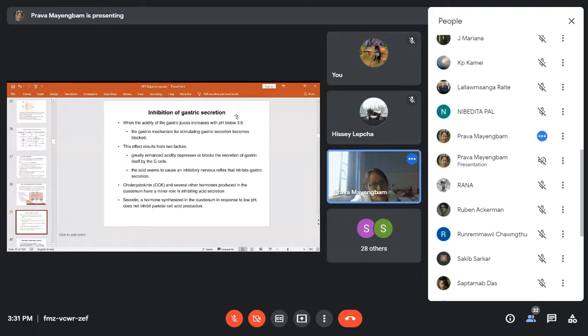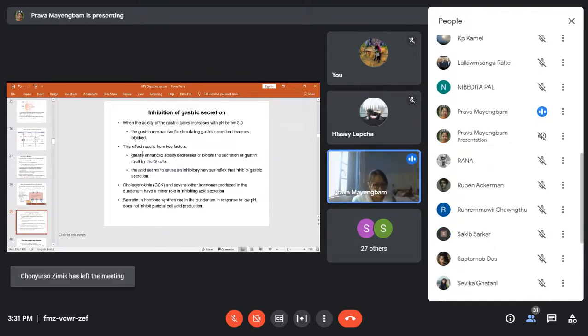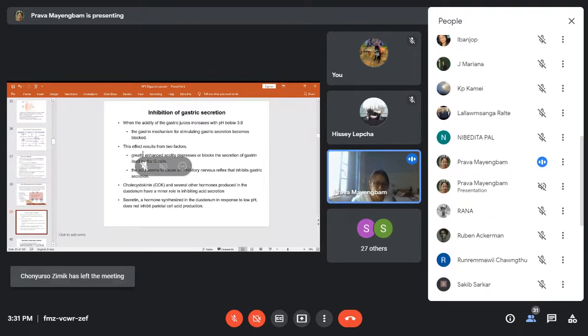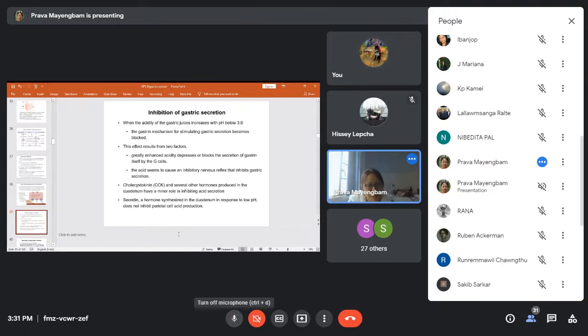That means when the pH is already low. Got the point? What I said just now is that gastrin secretion increases when the pH rises. So when the pH is already low, the gastrin mechanism